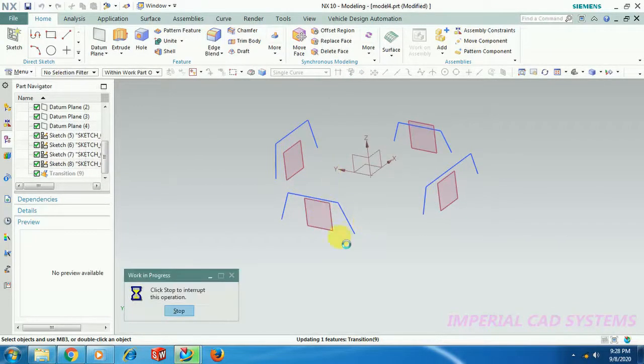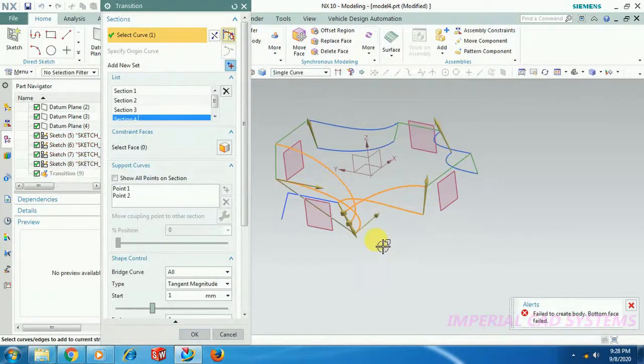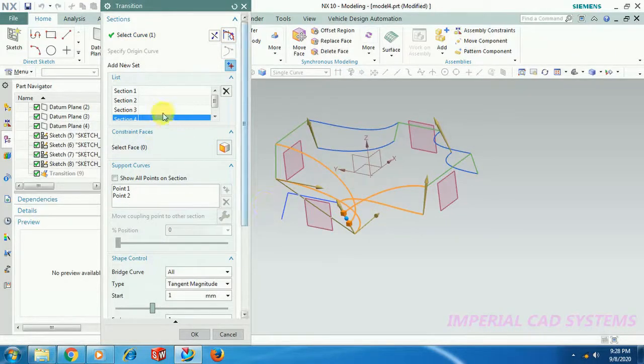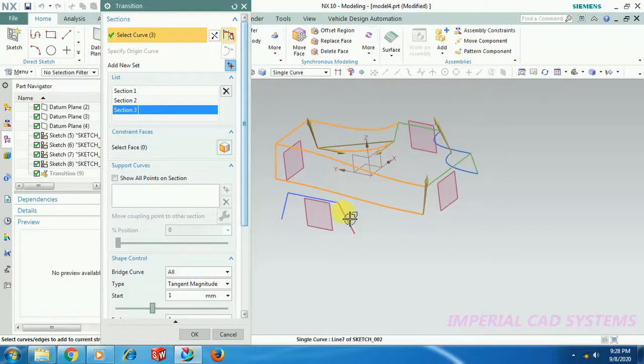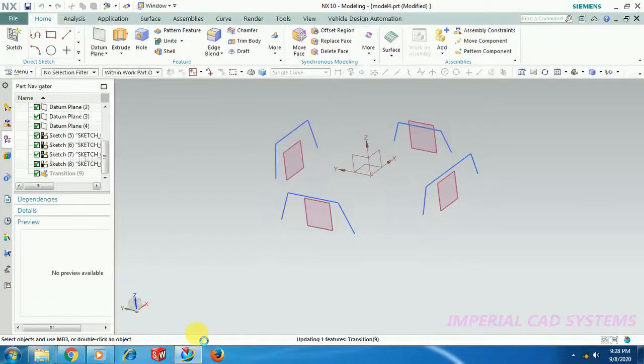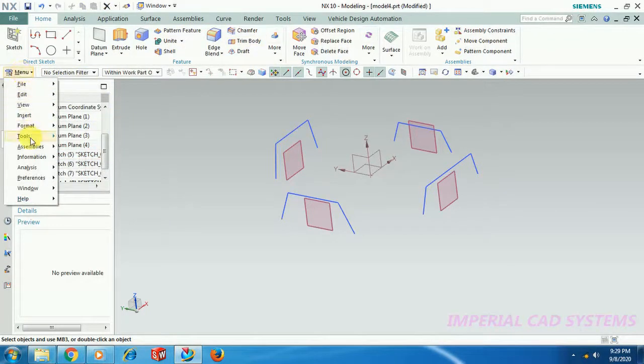If it is like this, you won't get the output. You'll get an error. You can see a twist in that surface. What is that error? If you double click this, delete this section 4. Then select inside this side. I once again delete the entire profile, the entire output.